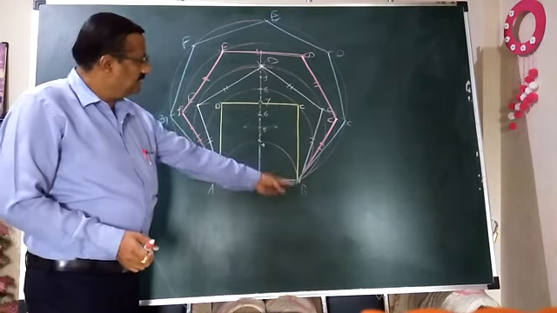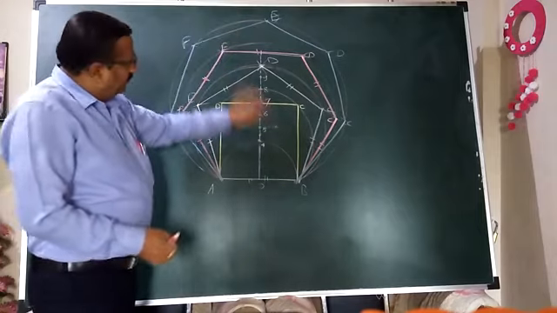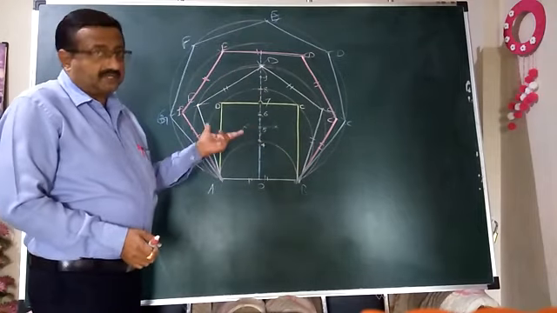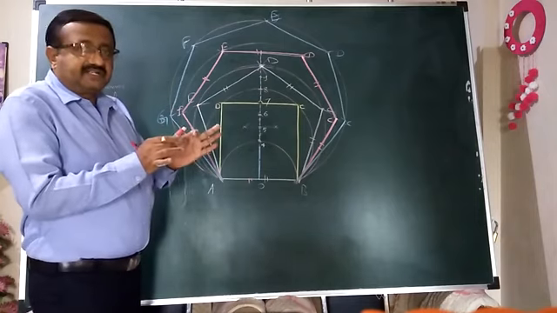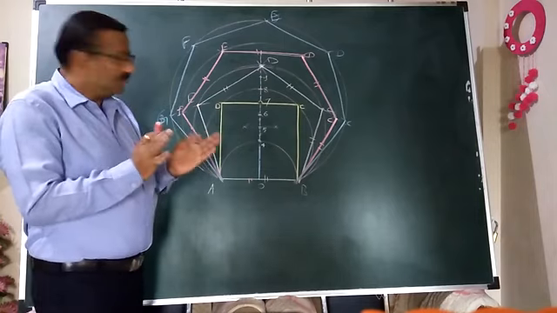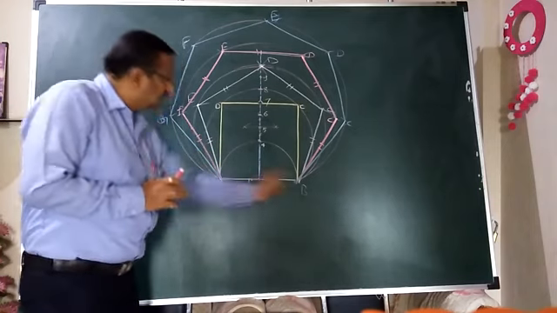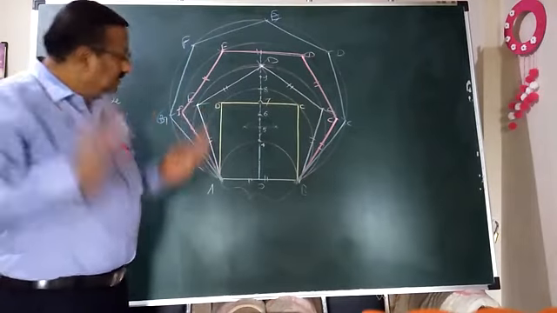Means 8B will be the radius. For the nonagon, 9B will be the radius. With those respective radii, you have to construct circles first of all. After that, without disturbing the distance between both the legs of the compass, you should pick it each and every time for marking on this periphery. This distance would be the AB distance. There should not be any mistake at all.